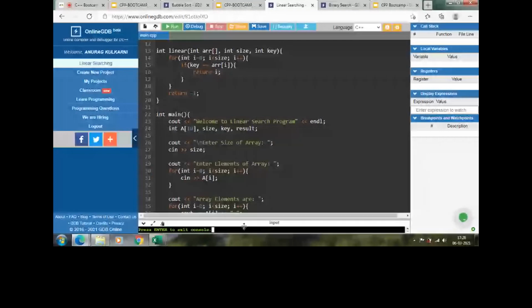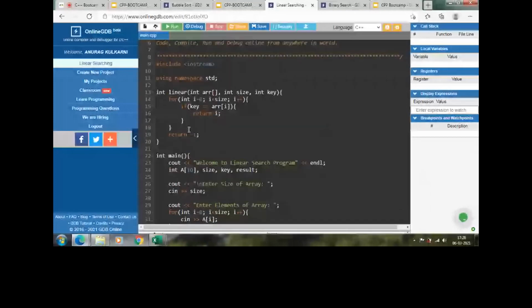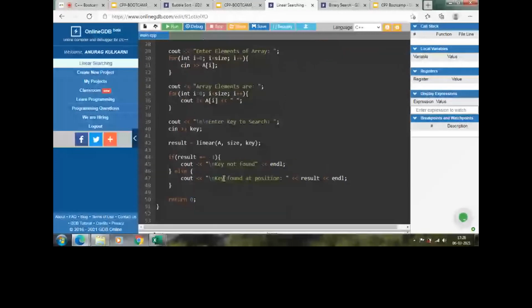If the result returns an array position which is not equal to -1, then we go into the else part, that is, key is found at position i. If it returns -1, then we reply that key is not found. If the key element is not found in the array, we return -1.